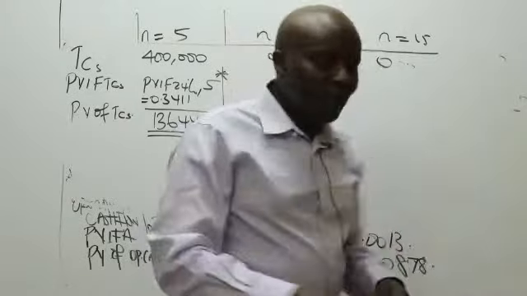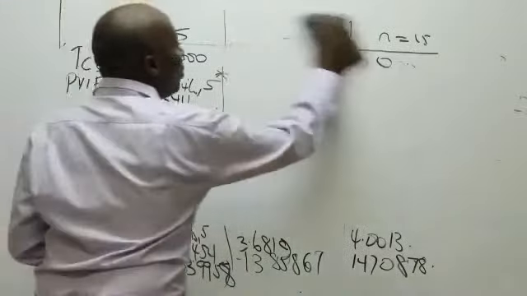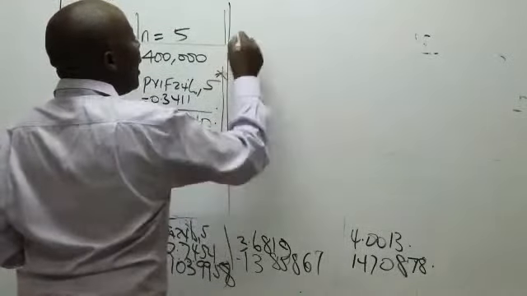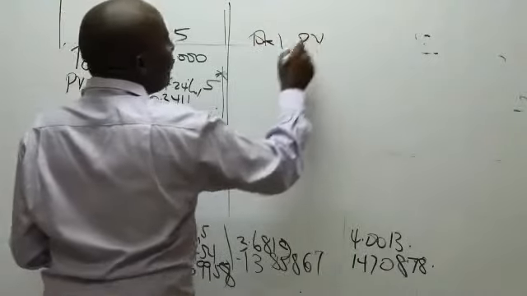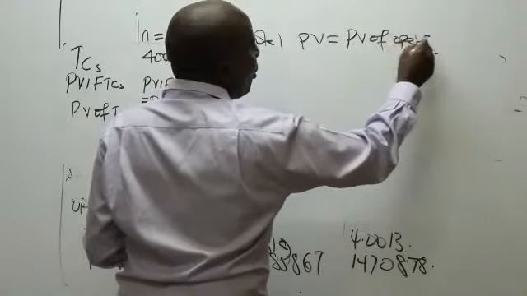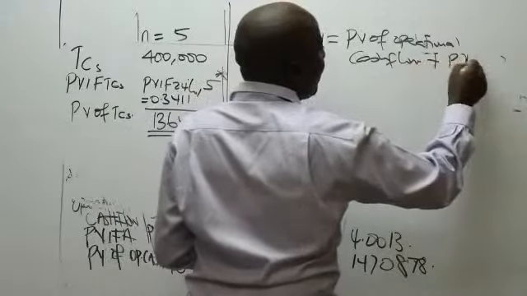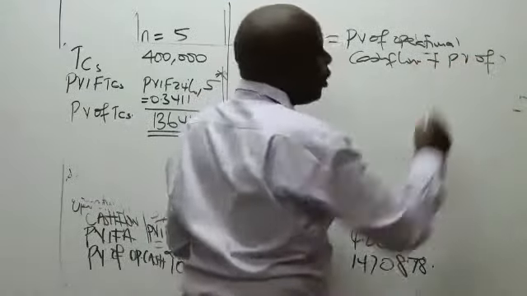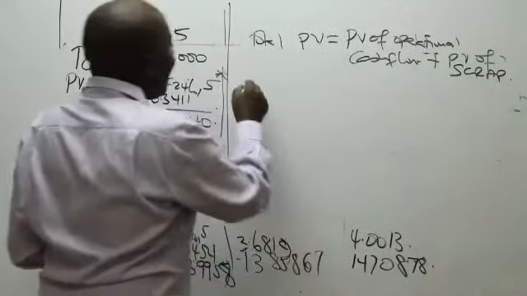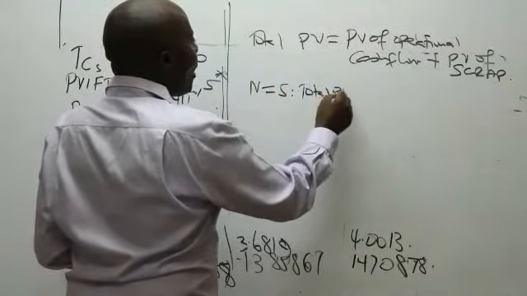Add. What they're telling me now here, I understand. These are bright students. They are telling me, Mwalimu, you know what? We are very bright. What we do is to come here and ascertain the total present value, which will be the present value of operational cash flow, plus present value of scrap of the terminal cash flow. Tukianza na n equals 5, the total present value